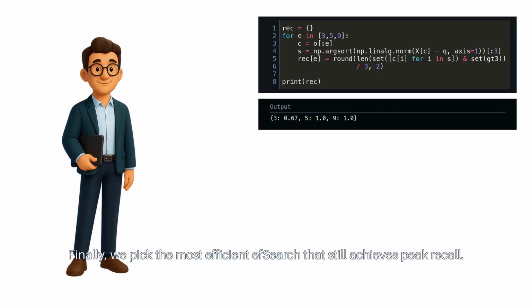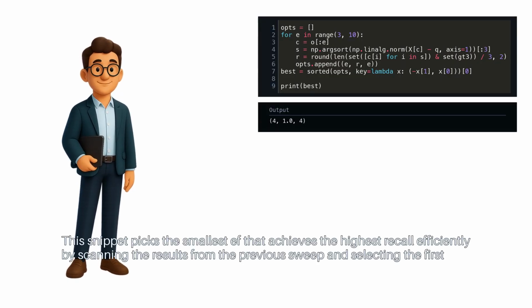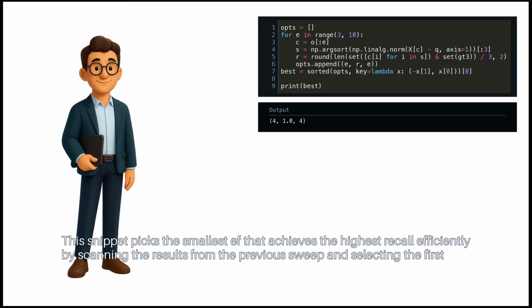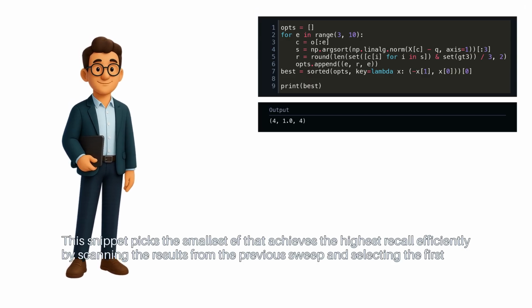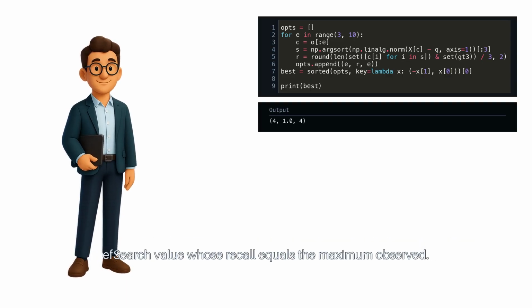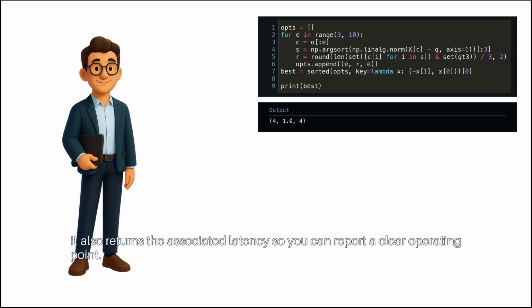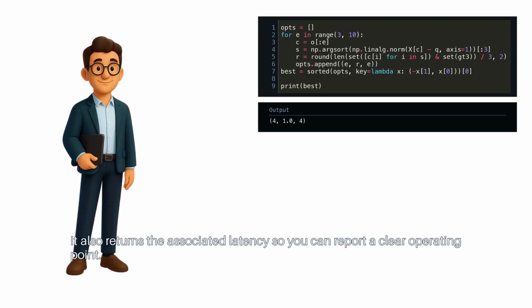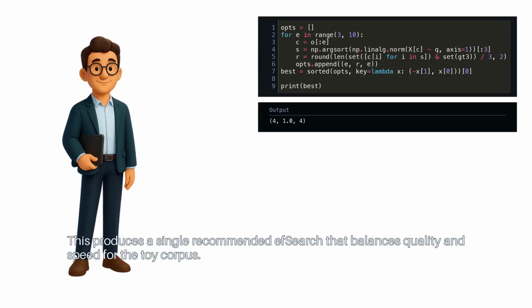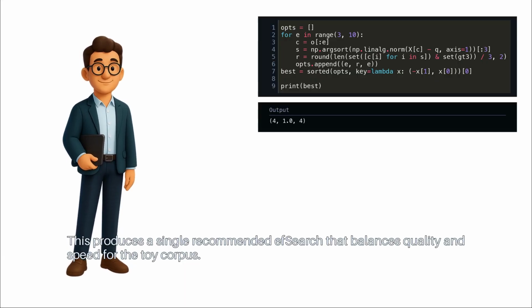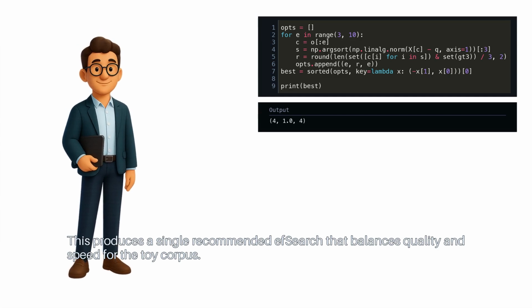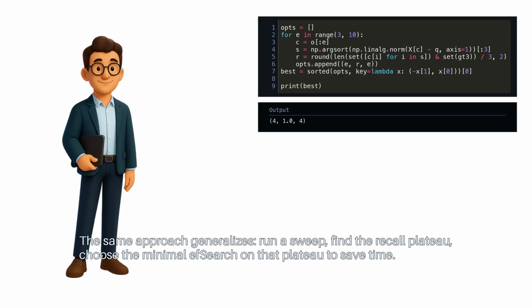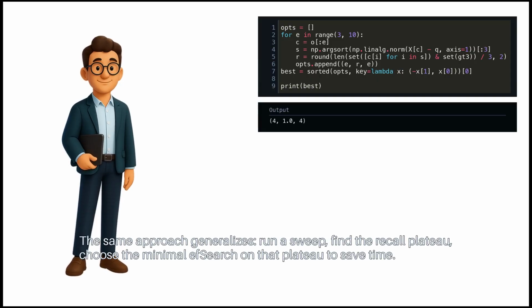Finally, we pick the most efficient efSearch that still achieves peak recall. This snippet picks the smallest EF that achieves the highest recall efficiently by scanning the results from the previous sweep and selecting the first efSearch value whose recall equals the maximum observed. It also returns the associated latency so you can report a clear operating point. This produces a single recommended efSearch that balances quality and speed for the toy corpus. The same approach generalizes. Run a sweep, find the recall plateau, choose the minimal efSearch on that plateau to save